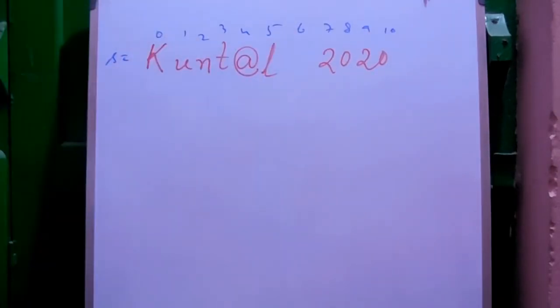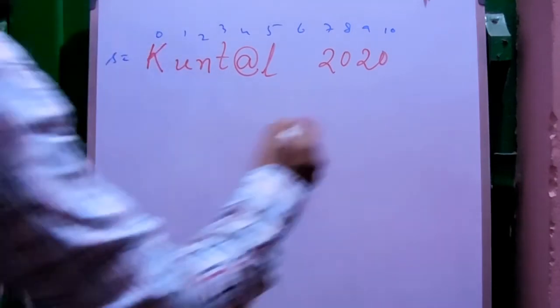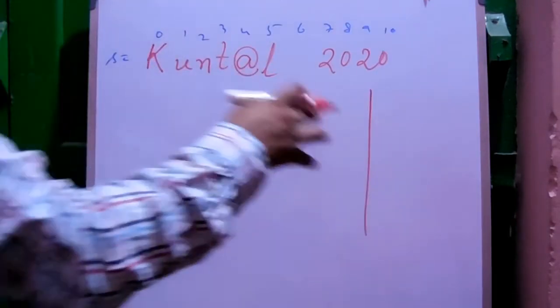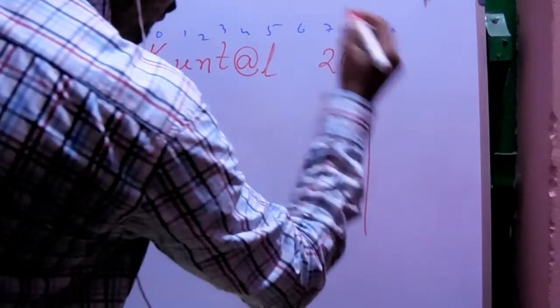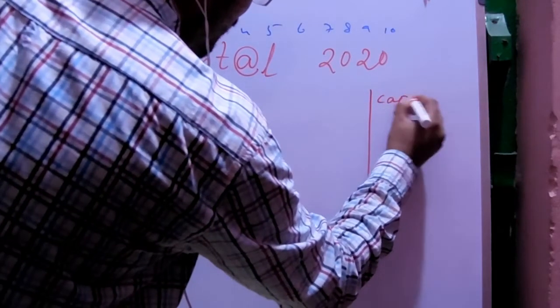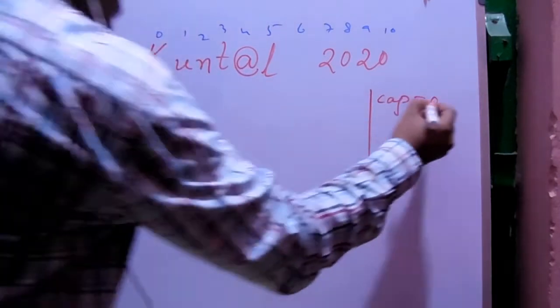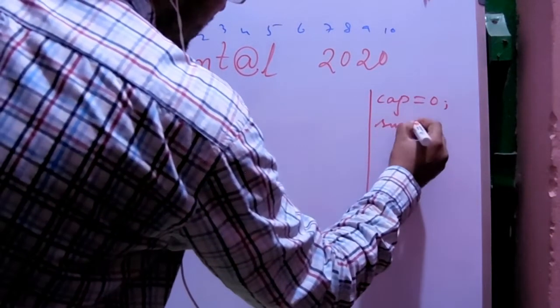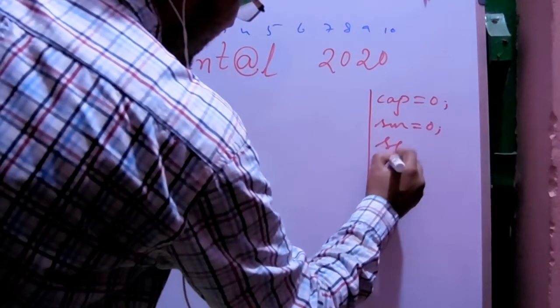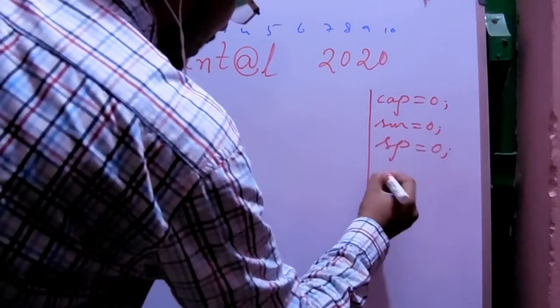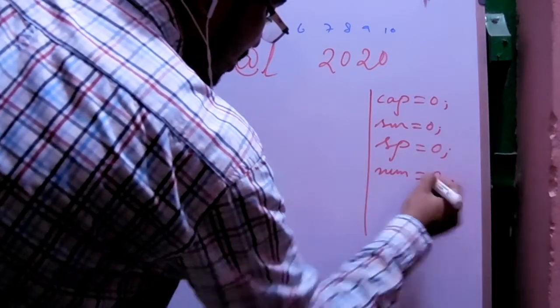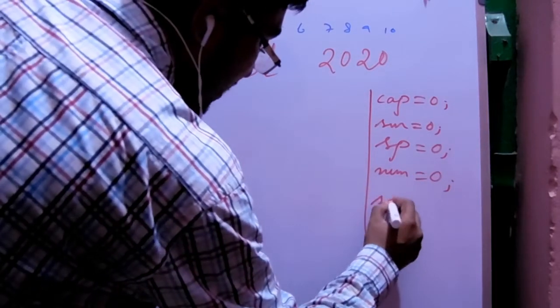After that we will do the extraction. Through so many programs I have already told you how to extract using the charAt method, and we store that into C or CH, whatever. Now the other variables for the counters I am mentioning here. For the capital letter, suppose taking CAP, we assign all of them 0 at the beginning. Capital is 0, small, suppose taking SM, as 0, for the space taking SP as 0, for the number taking NUM also 0, and for the special character taking SPL.